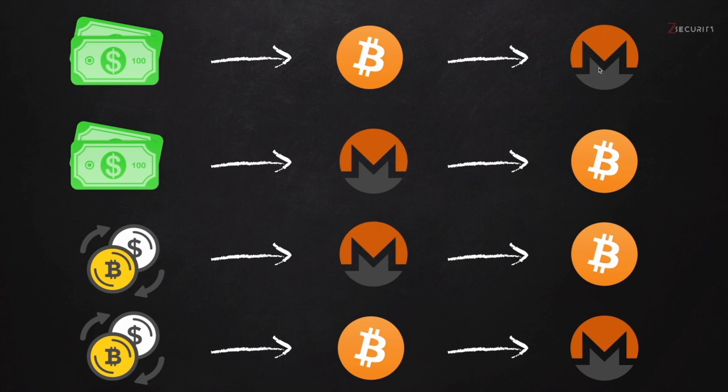Alternatively, let's say the end goal is you want Bitcoins because you're sending money to a person or a seller that only accepts Bitcoin, but you want to be as anonymous as possible. Then you can buy Monero with cash, again using one of the methods I explained in the previous lecture, and then convert this Monero to Bitcoin using a crypto exchange. Now, as you know, cash is anonymous. Transferring the money into a Monero wallet will make it even more anonymous, like we said, because it hides the sender and the receiver and it's not linkable.